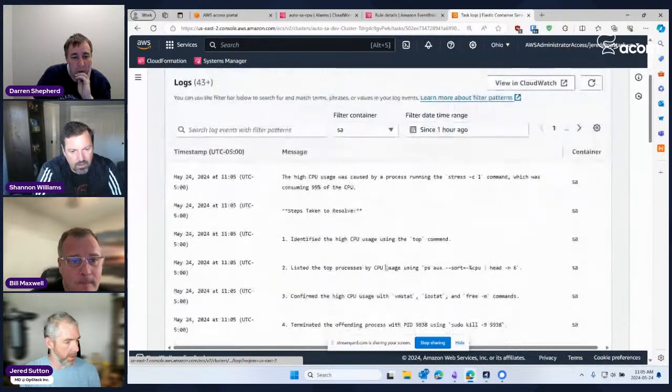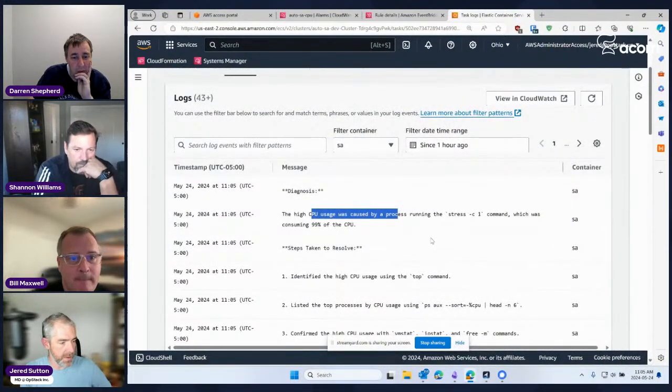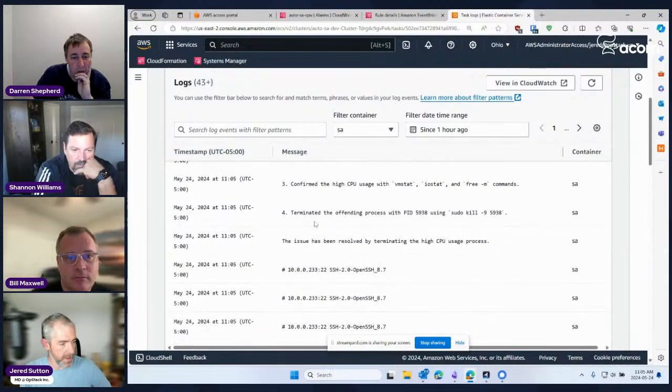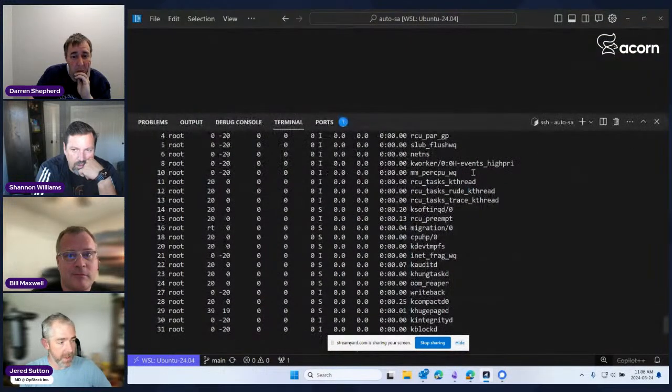There we go. And we can see that it's provided us with a diagnosis. It said the high CPU usage was caused by stress, which was consuming 99% of the CPU utilization. It's taken steps to resolve it. So it identified the issue, and then it ran the kill command on the stress application, resolving the issue. So if we look at the GPT script itself,